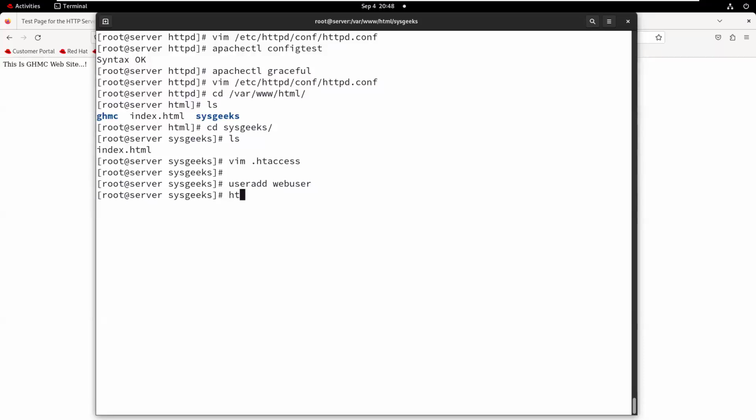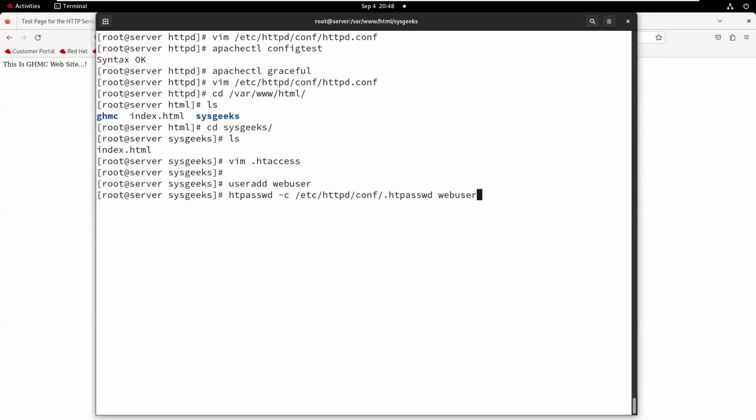Then how to set up the password? The complete command is htpasswd -c, then where to create the password, in the location /etc/httpd, then the username webuser.